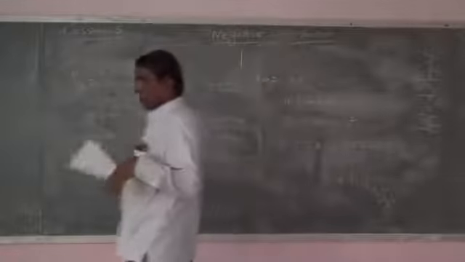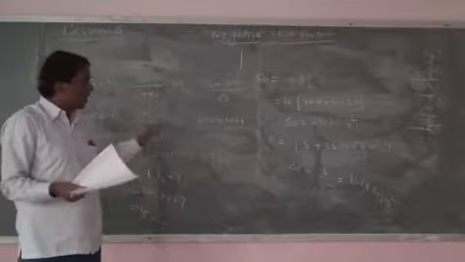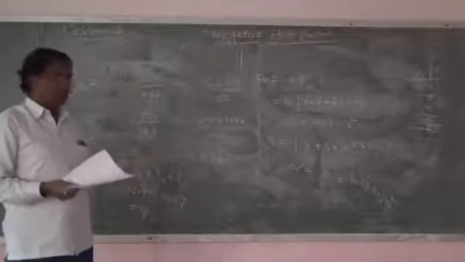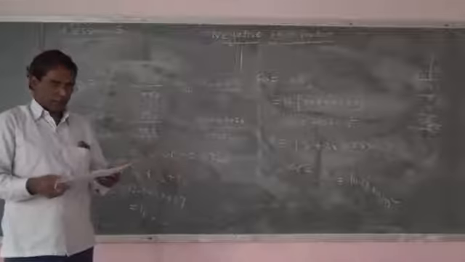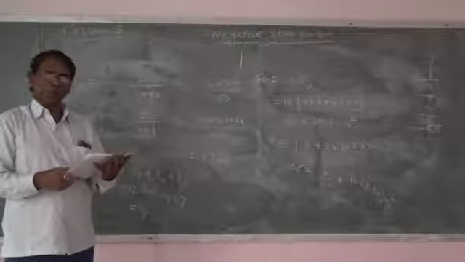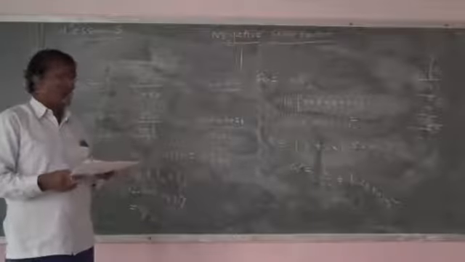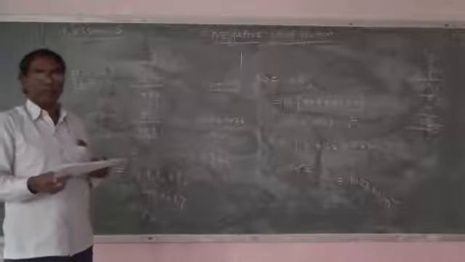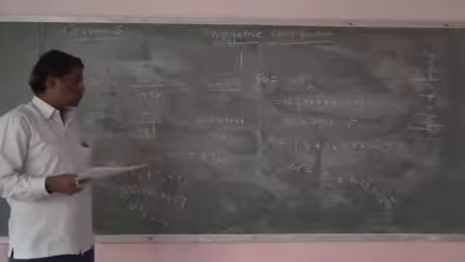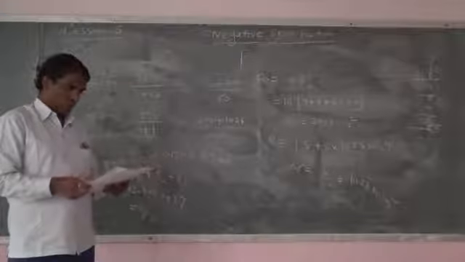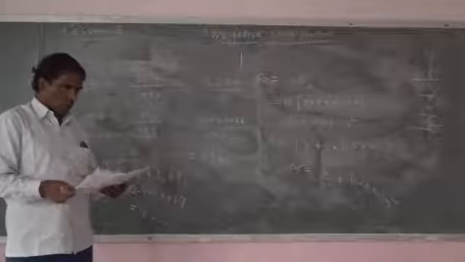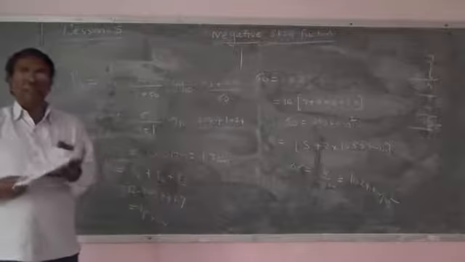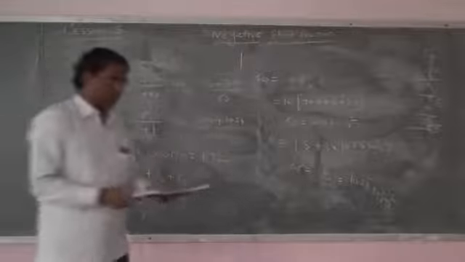Actually, this problem I should have done in the last video itself, but I couldn't complete that. So once again I solved it here. So please go through this. This is similar to what we did in shallow foundation. Almost all same method, consolidation settlement we did in the first part, while calculating bearing capacities, all these things. So same procedure is there. So now we shall move to the next topic, that is negative skin friction.